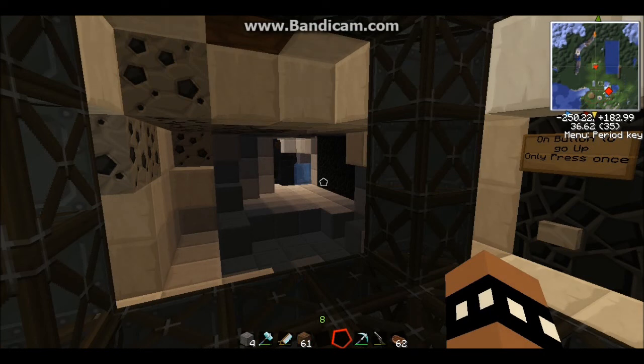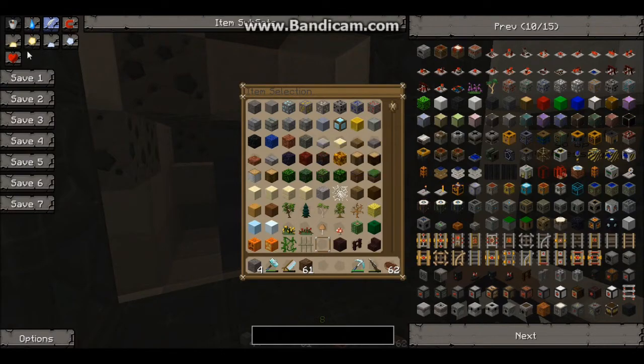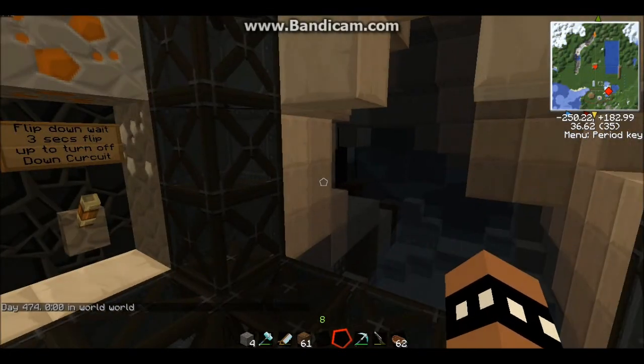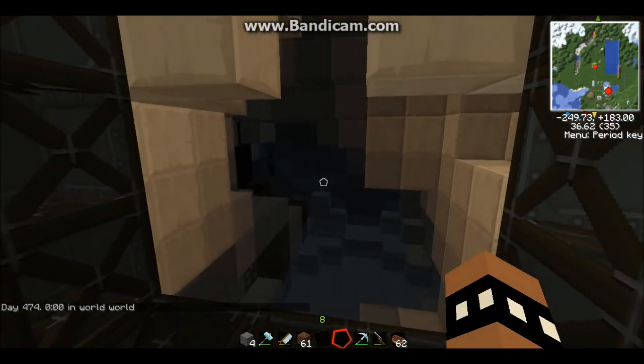Alright guys, we're back in my server. As you can see, we're at the bottom of the elevator. I need to change the time of day, even though it doesn't make a difference. I don't like it being nighttime on the server. Yeah, now we're here. Now we will see